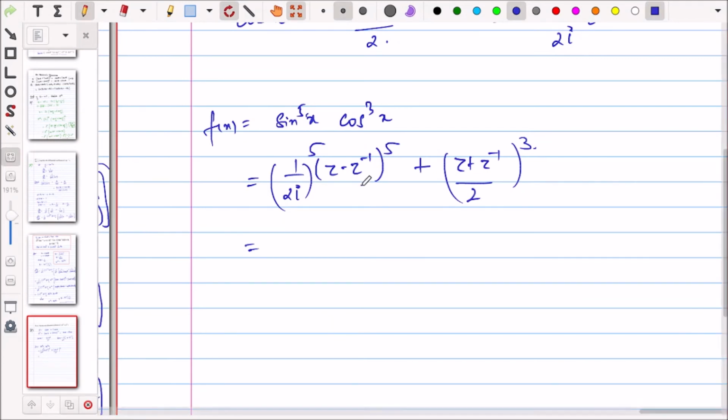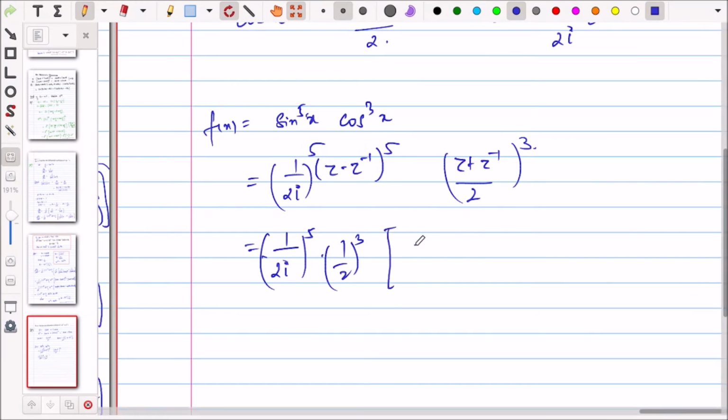अब क्या करना है, अभी एक्सपेंड नहीं करना है, अभी हम ये टर्म्स को क्लब कर लेंगे, जो 3 पावर है उनको क्लब कर लेंगे, सॉरी देयर इज एडिशन. So what we will do is we will club these terms. So इसको तो हम लिख सकते हैं 1 by 2i to the power 5, 1 by 2 to the power cube. So ये constant terms तो सब बाहर निकाल लिए.